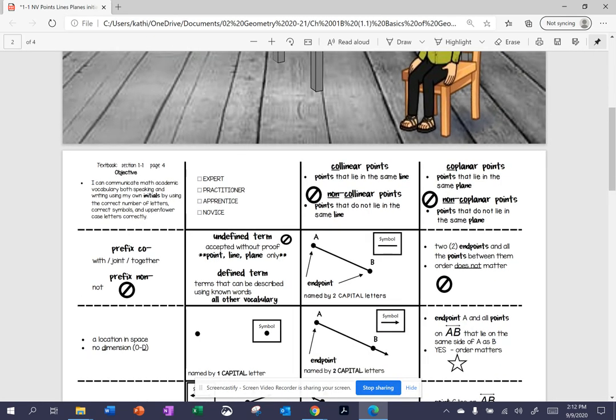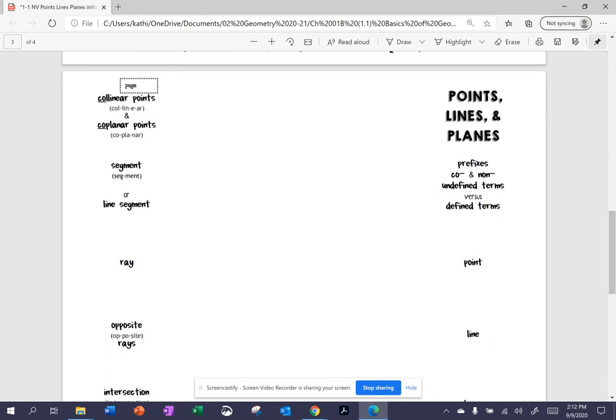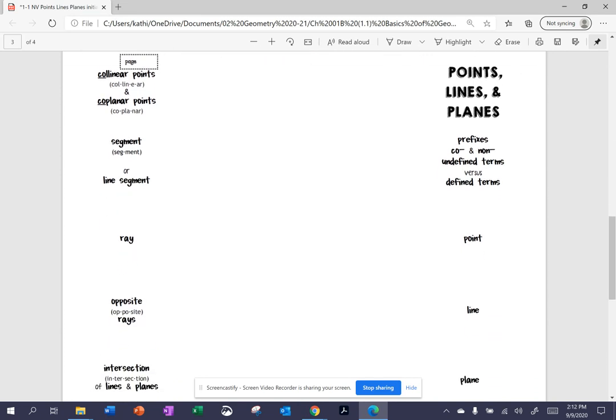All right, this is taught with a foldable. So if you print out the notes, I just want to repeat that these are mirrored. So whatever's on the right side really goes with the left side, and what is on the left side really goes with the right side. So we have a couple things going on here. I'm going to talk about point,